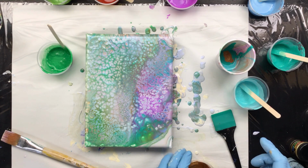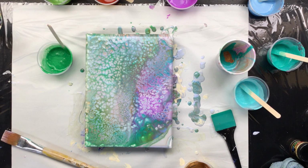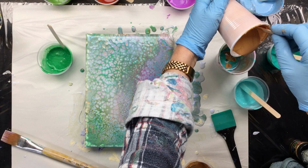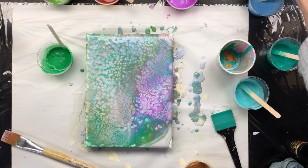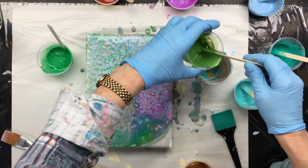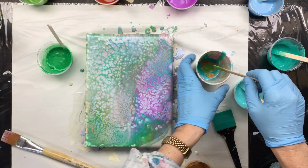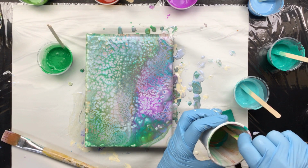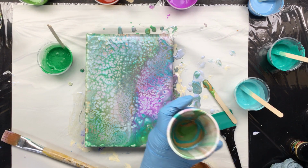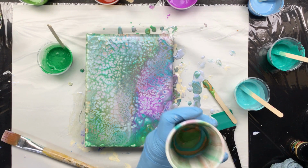I have some pre-mixed gold. So let's put some more in there. A little bit of green. Okay, let's give it a tiny little swirl and then come in. Okay, when you want to do ribbons with one of these plastic cups, the thing you want to do is